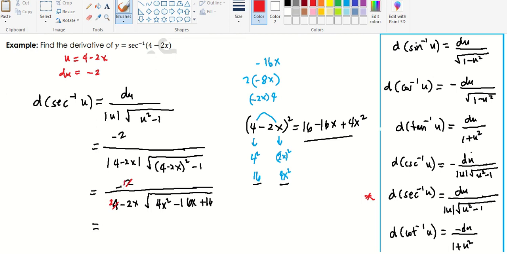So dito negative 1 na lang, no? Okay. So dito naman should be 1. Alright? So the answer would be negative 1 over 2 minus x